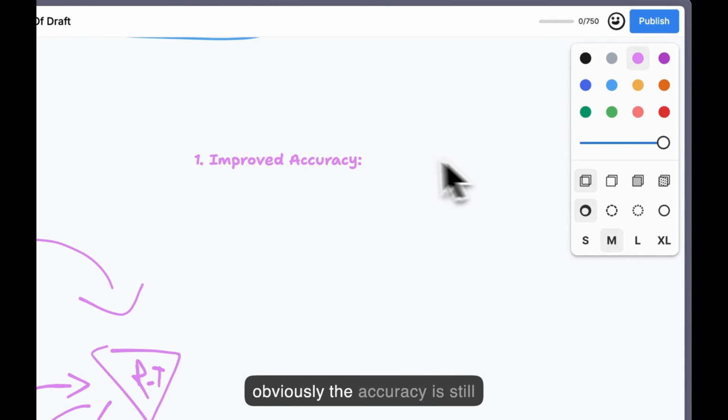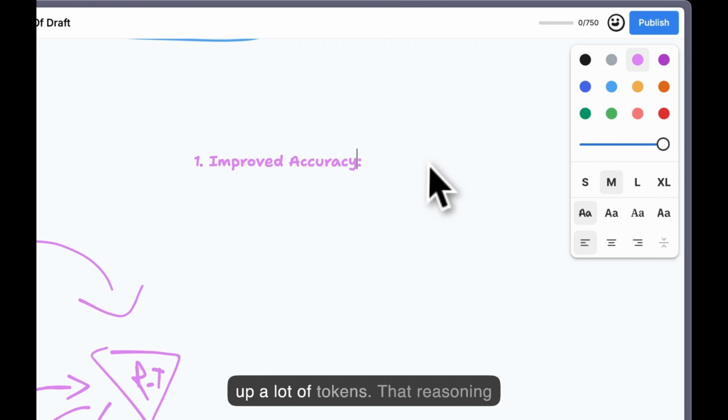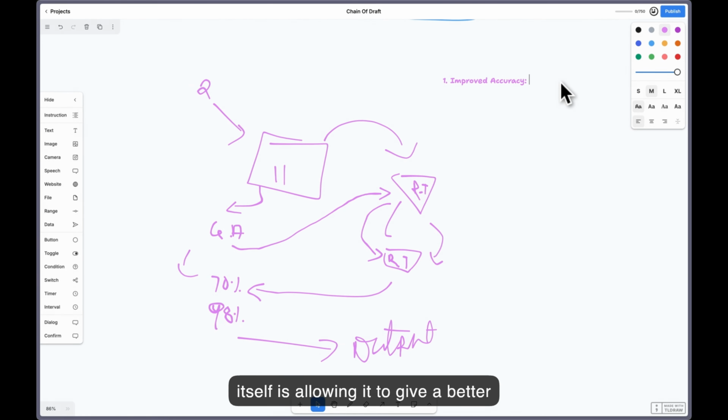So obviously the accuracy is still improved, even though it's using up a lot of tokens. That reasoning itself is allowing it to give a better answer. And when you're doing a very compute intensive task, or something which is pretty complex, not simple questions like this, chain of thought obviously does better. So improved accuracy and